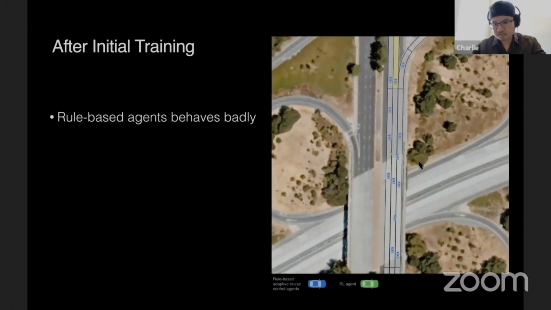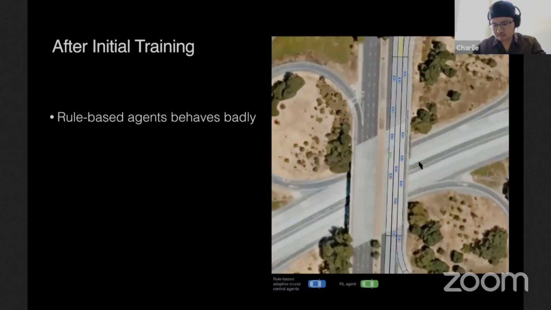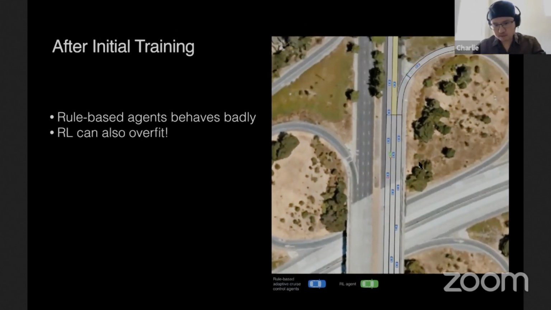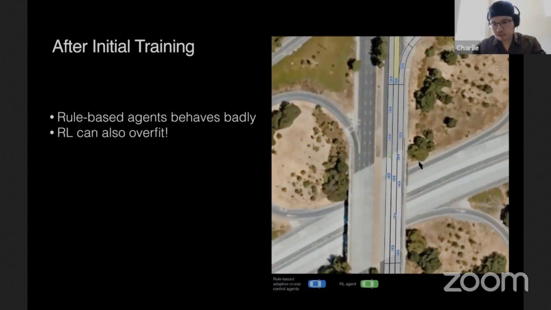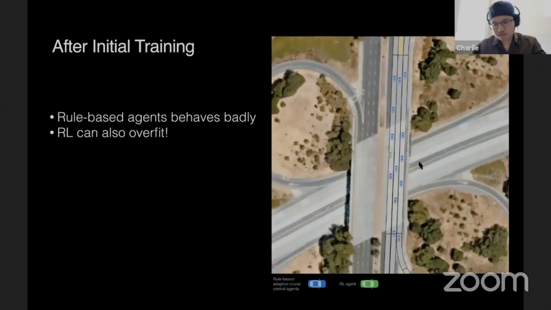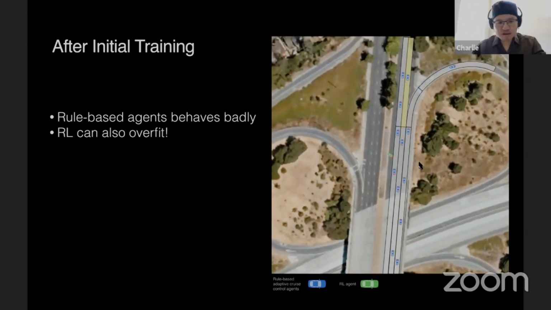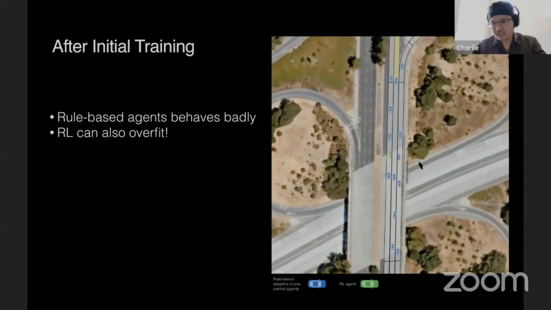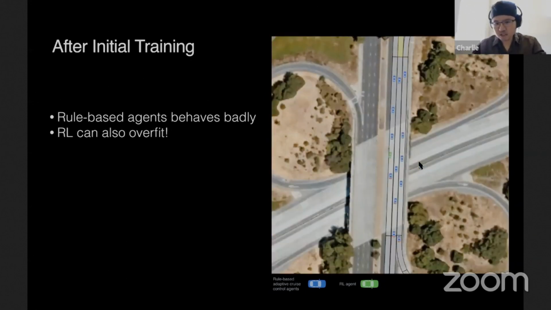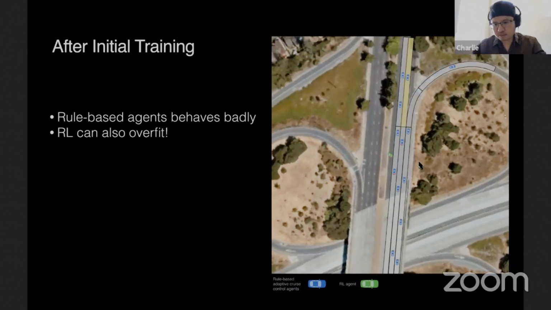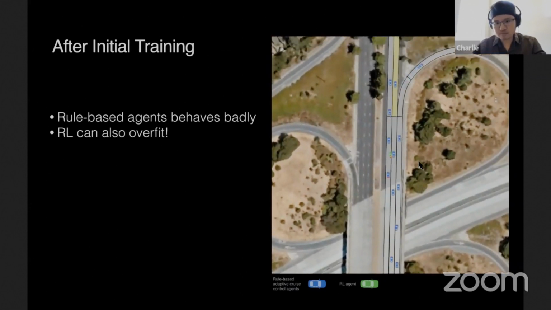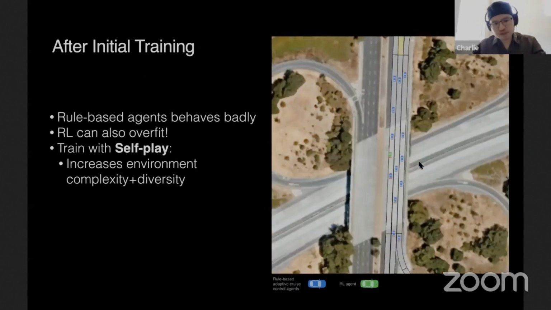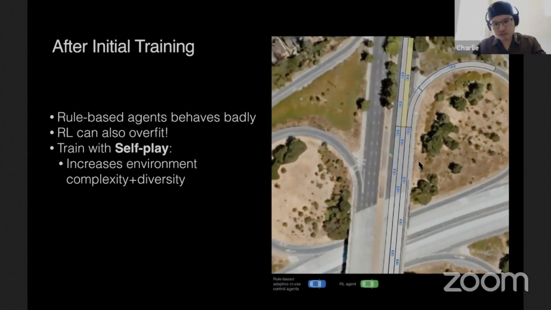And this is essentially a typical problem with simulation, which is that the reinforcement learning policy trained can often overfit. When you have behavior from other agents that is slightly different from the agents that are part of your training environment, that's when a potential problem can happen. So what we want to do is turn to self-play to help with this,